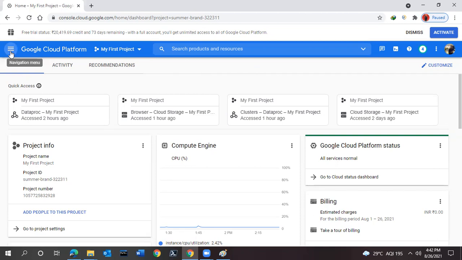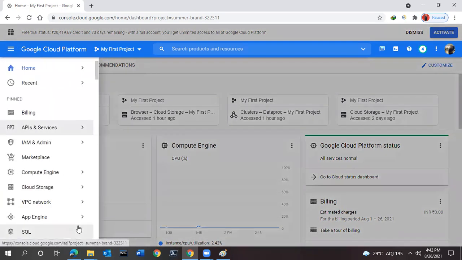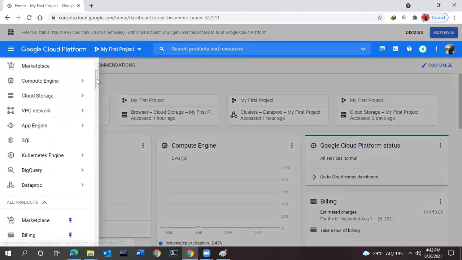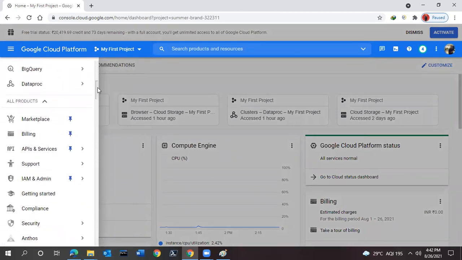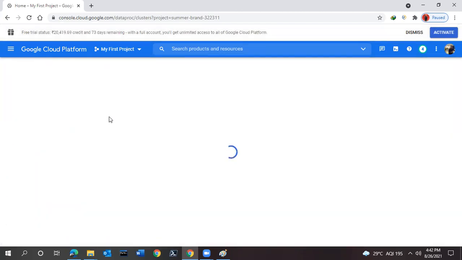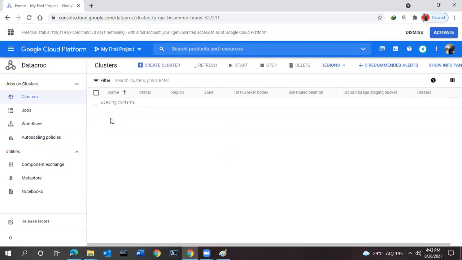So first of all, we need to see what are the available services which we are having inside our Google account. So I'm going to click on this Dataproc and I'll be checking whether my Dataproc cluster is up and running or not. Then I'll be showing you more detail based on that.